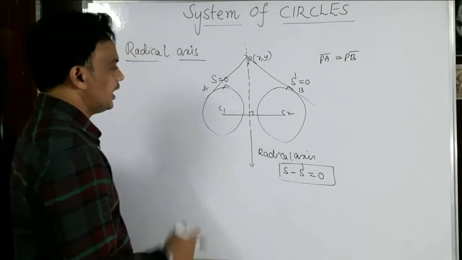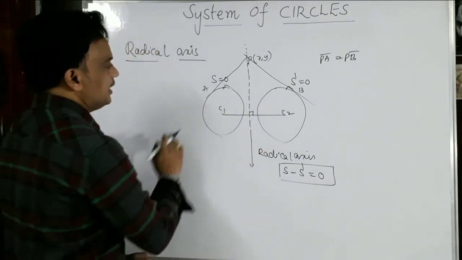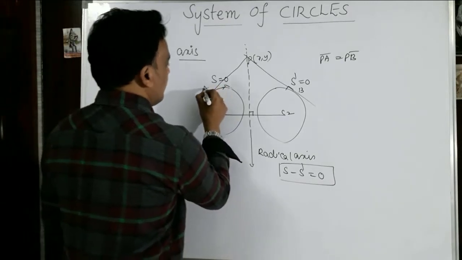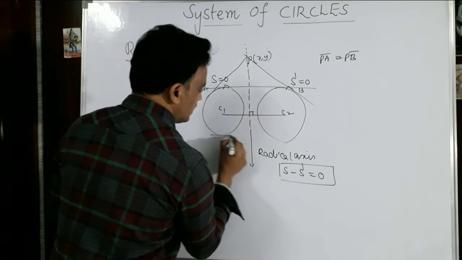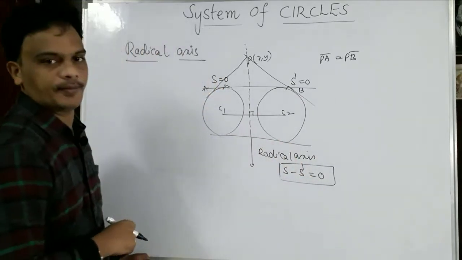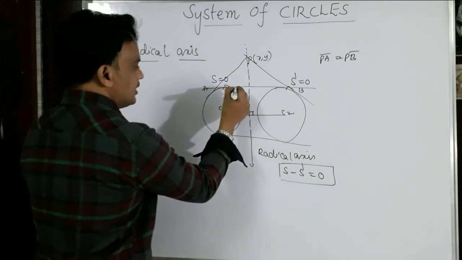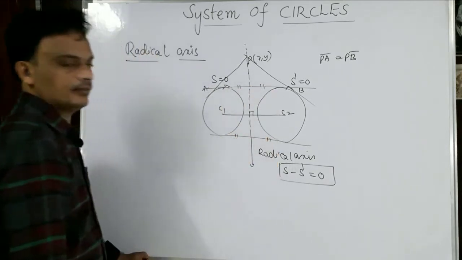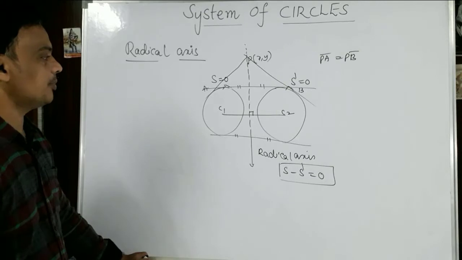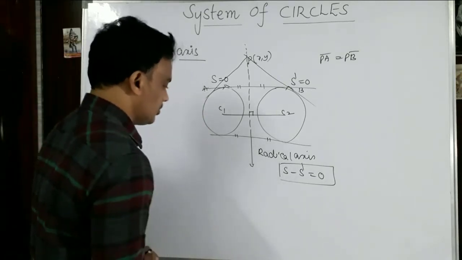That is the first thing. And the radical axis always bisects the common tangents to the two circles. That is one of the important things. And one more thing is,